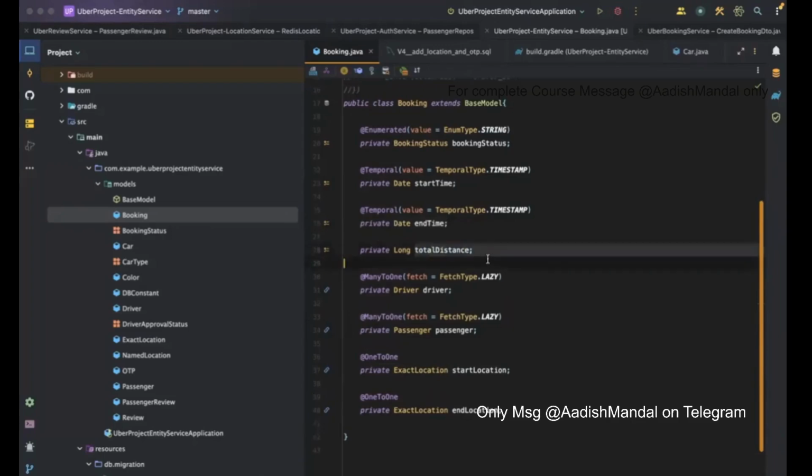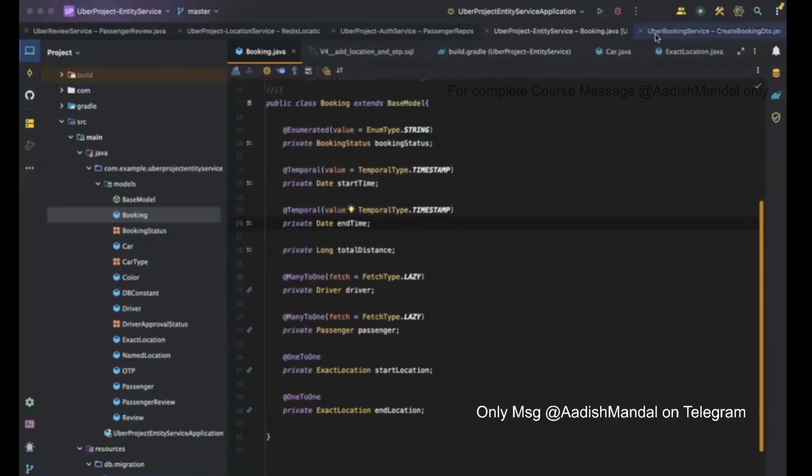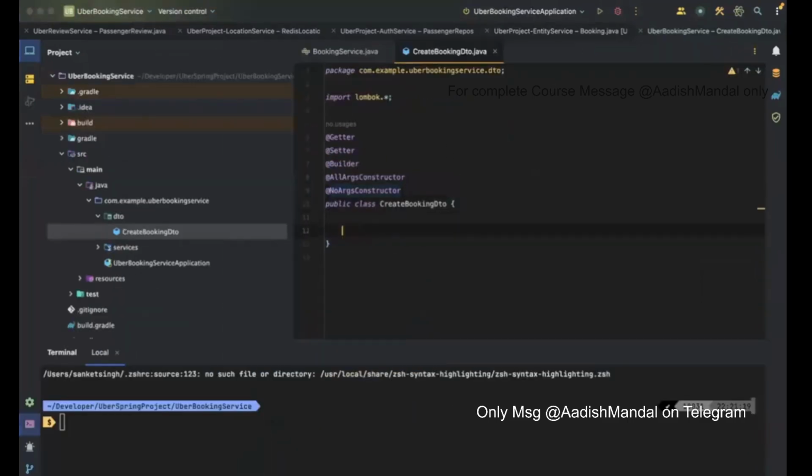And total distance, again, probably it can come up from some Google Maps API. The client can send it. We can also figure it out. But these are not mandatory properties, right? So we can keep it as it is. So let's take that. So in the booking service, create booking DTO,